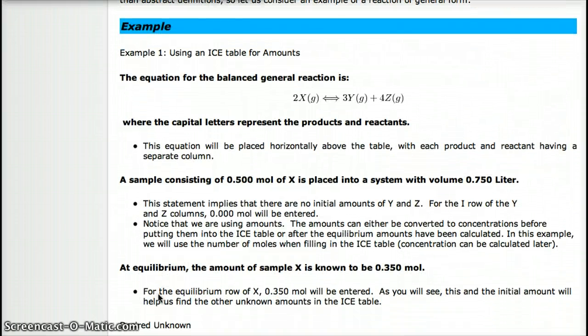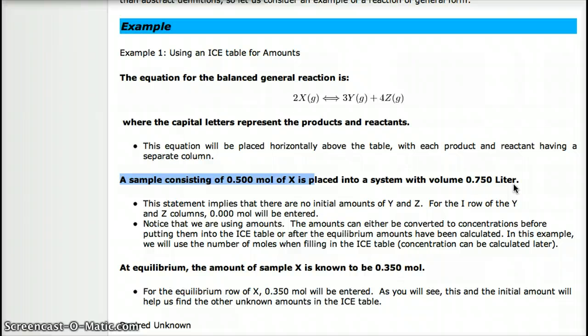Here are a few examples. Look at this. This is amazing. Example 1, using an ICE table for amounts. Here's the equation that you're given: 2X in the gaseous state, with a double-sided arrow, which means that the reaction can go in both directions, 3Y in the gaseous state plus 4Z in the gaseous state. The capital letters represent the products and reactants, and this equation will be placed horizontally above the table with each product and reactant having a separate column. Here's the information you need to know. A sample consisting of 0.500 moles of X is placed into a system with volume